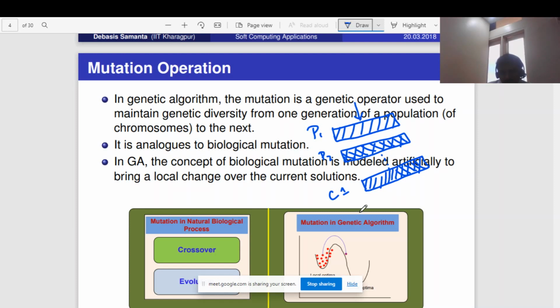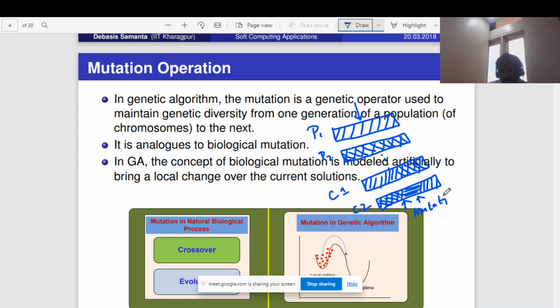But assume that another child, the second child, is created something like this, where the first part comes from parent 2. So that part is checked. The second part is supposed to come from parent 1. The end is coming properly from parent 1, but in between, say this part got damaged, or the cells got replaced, something happened, so this chromosome structure has changed. Then this part we will call mutation. So this is a mutated gene, or a mutated chromosome.